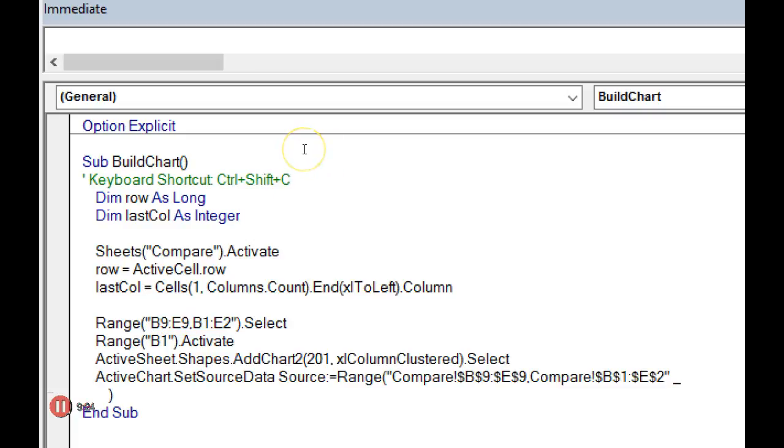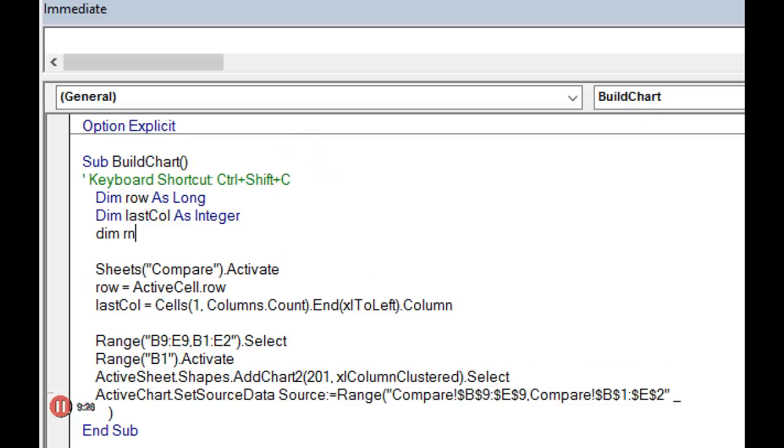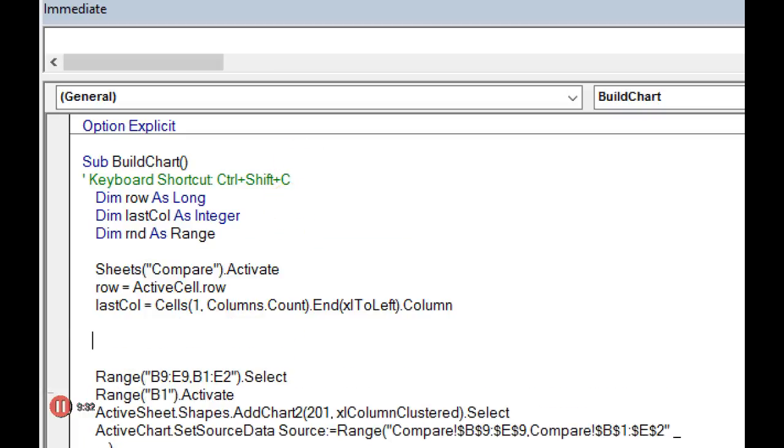And so I'll declare a variable to hold that called RNG as a range. And we will say Set RNG equal to something. RN, I'm surprised you didn't let me do that one because that's a reserved word, RNG. Thank you. So now I'm going to set RNG equal to,